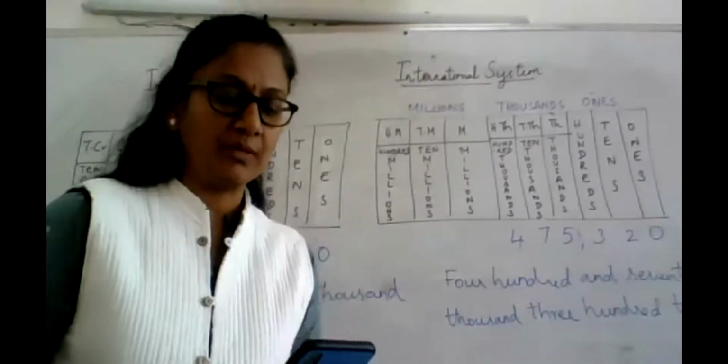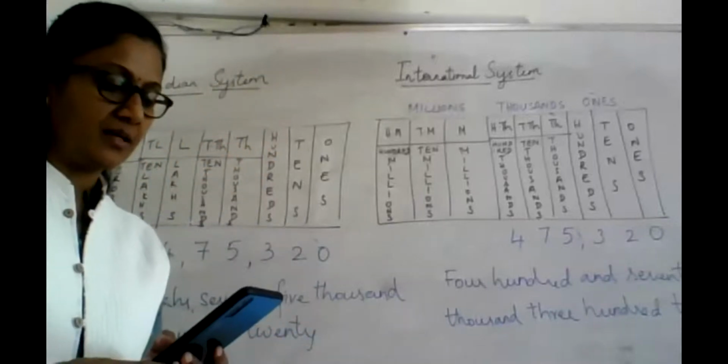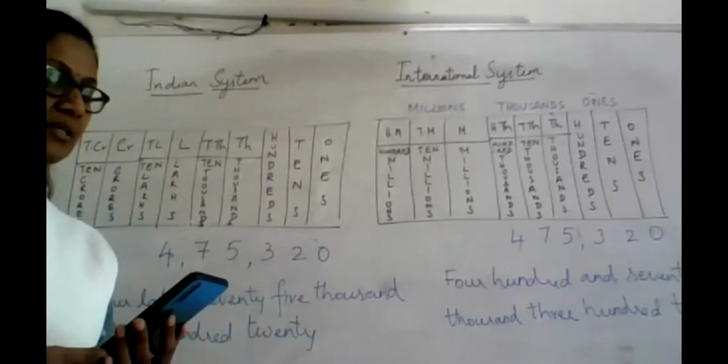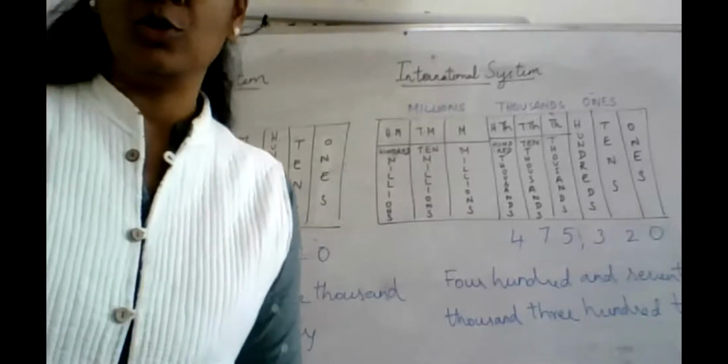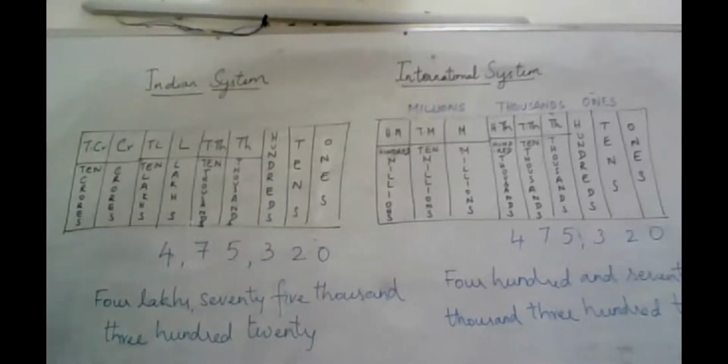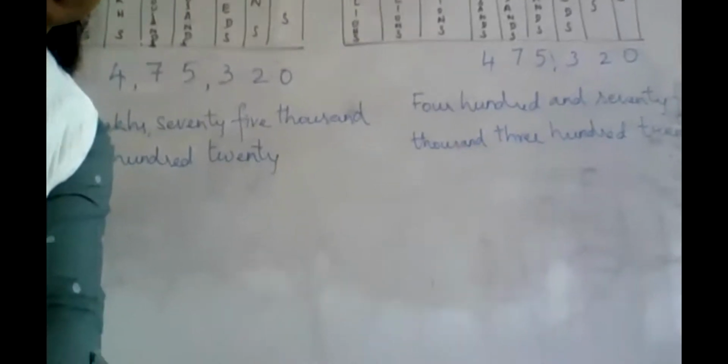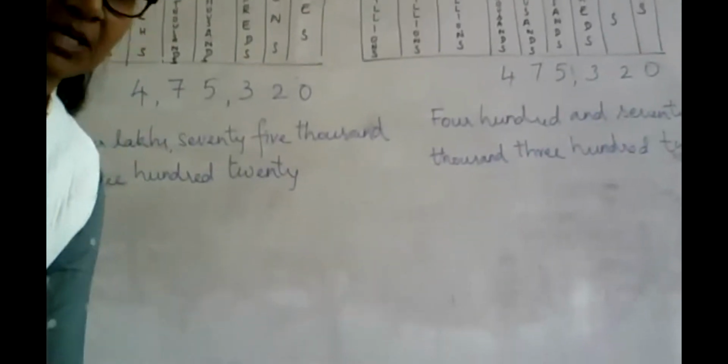Maybe I will use my mobile because I have it here. Read these numbers and use them in the place value box. Write them in the expanded forms also. So you want that in the expanded forms also. I'll just push my thing here so that you can see this part of the board.